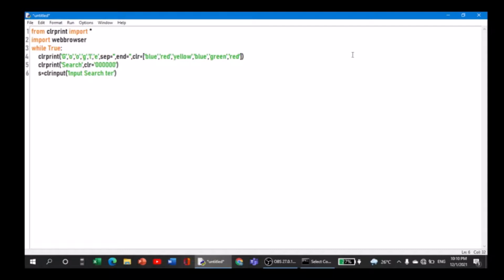So input search terms, and I'm giving the color, color is equal to red. So over here I've given a small r, so that's sufficient. And one more important thing over here is that we are going to convert whatever is given by the user into a string. So I'm converting this entire input into a string.